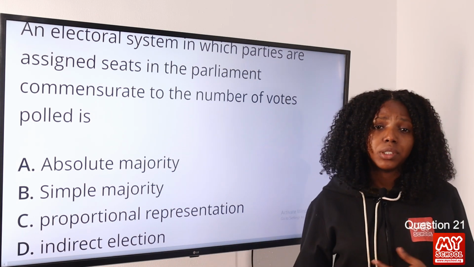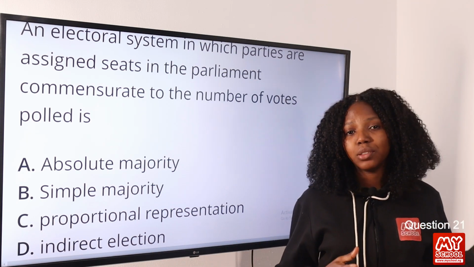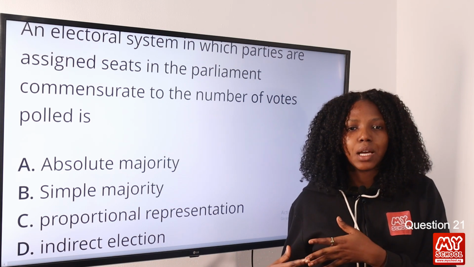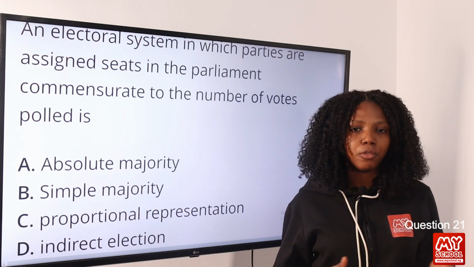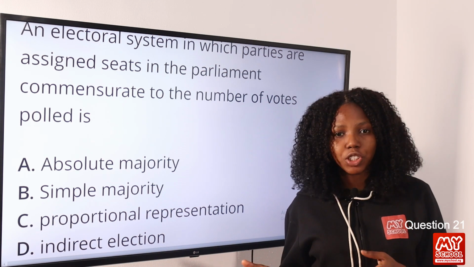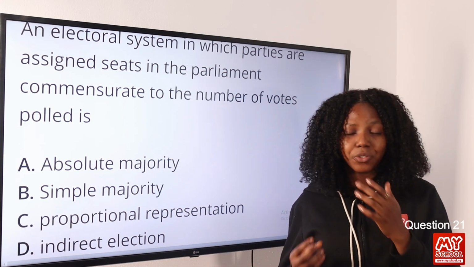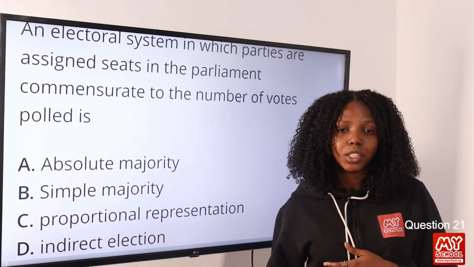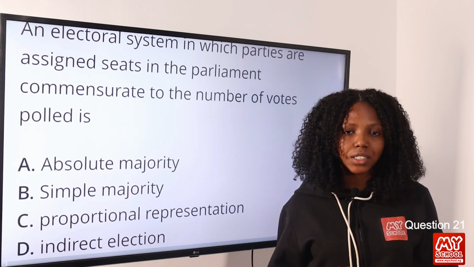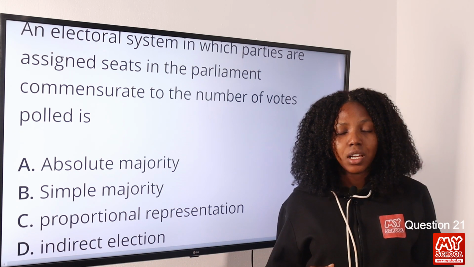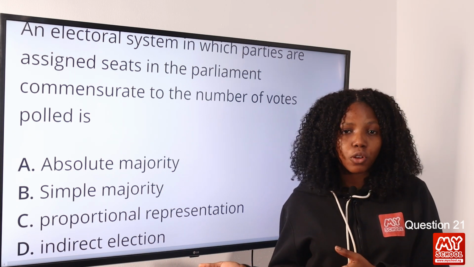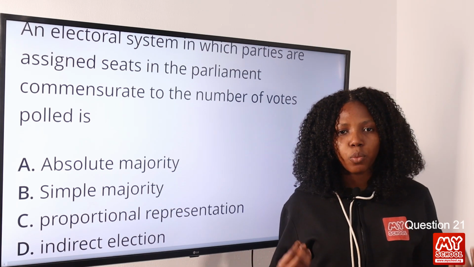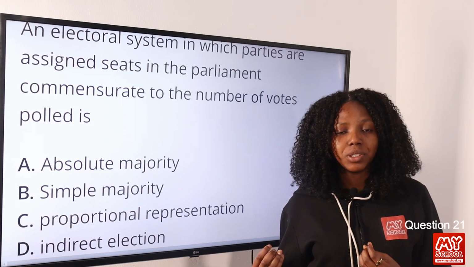Now, proportional representation is an electoral system in which the number of seats held by a political group is determined by the number of popular votes. In proportional representation, voters' preference is very important. For example, when 5 candidates are to be elected as members of the local council, and you have 10 candidates coming out to be elected, what they do is proportional representation